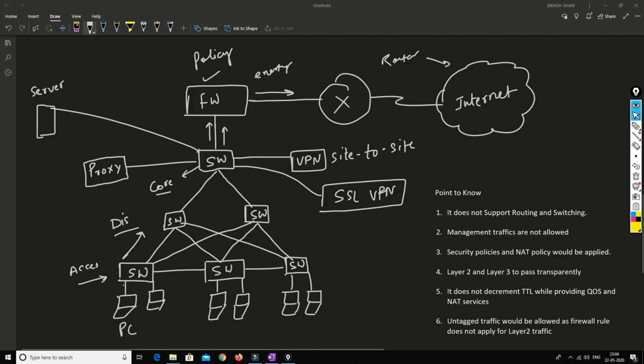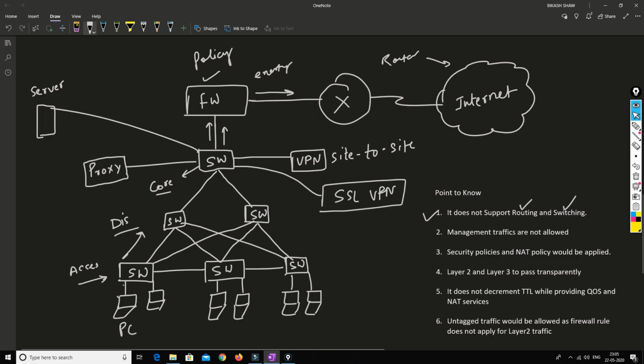When we put the firewall in the network and consider a vWire that needs to be placed in our network, we have to keep in mind some of the points that I have listed here. The vWire interface does not support any routing or switching functionality. In case you want to run BGP or some routing protocol, or if you want to run STP in the switching, it doesn't support it.